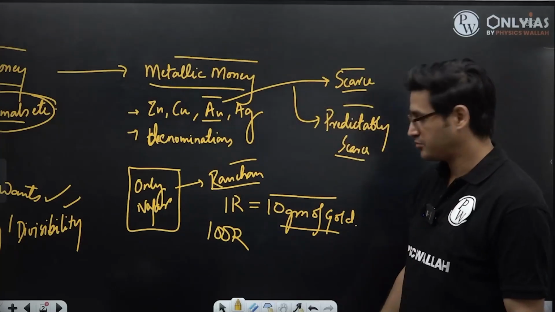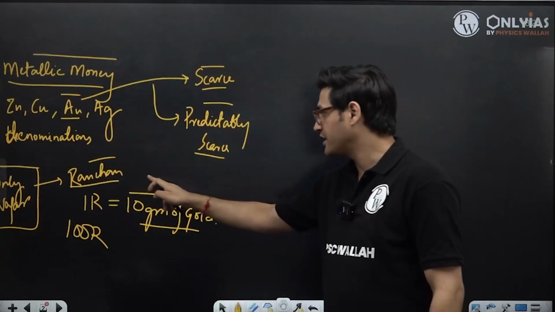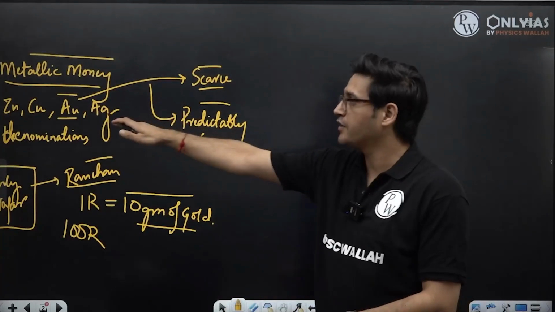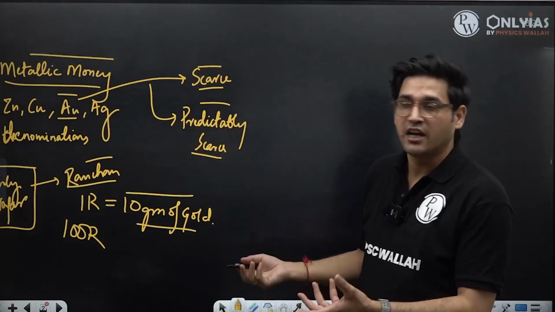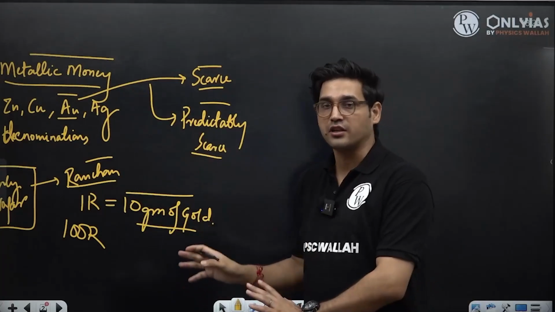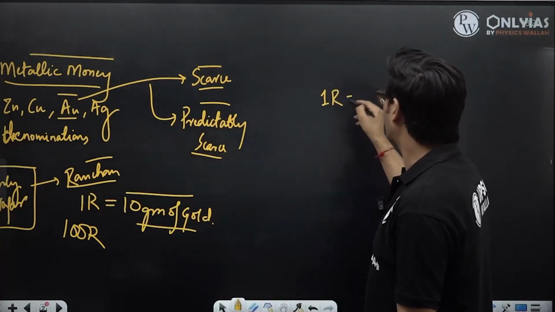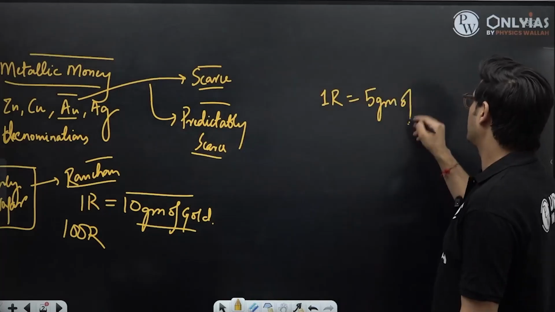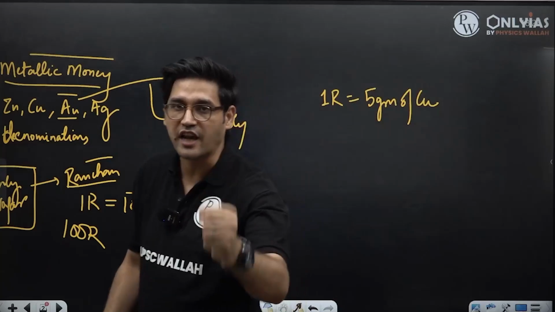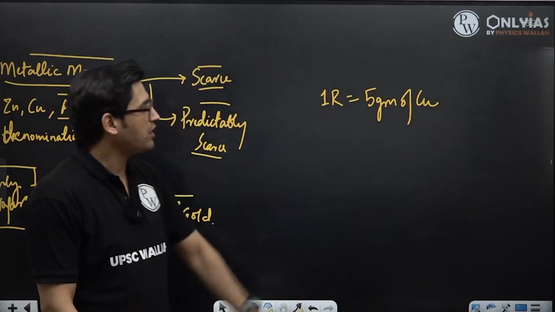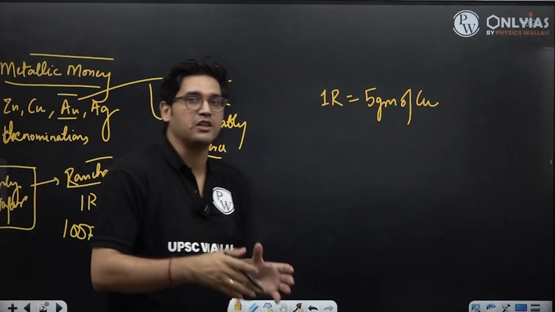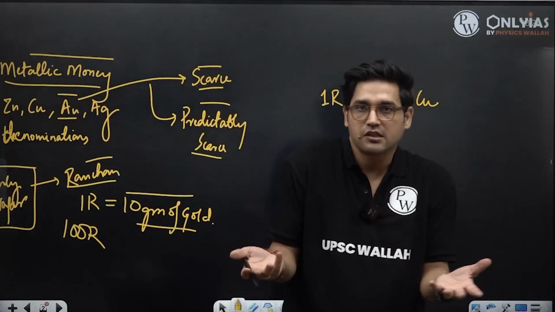Now, what does it mean? It means something extremely simple. What is predictable scarcity? Think of an economy which has copper as money, and this economy is called Only Nagar, and Only Nagar has its currency called Ranchan. 1 Ranchan equals 5 grams of copper. That means a 1 Ranchan coin, which is 5 grams of copper, has a stamp that says 1 Ranchan. Now everybody in this economy expresses the value of other items in the form of Ranchans.